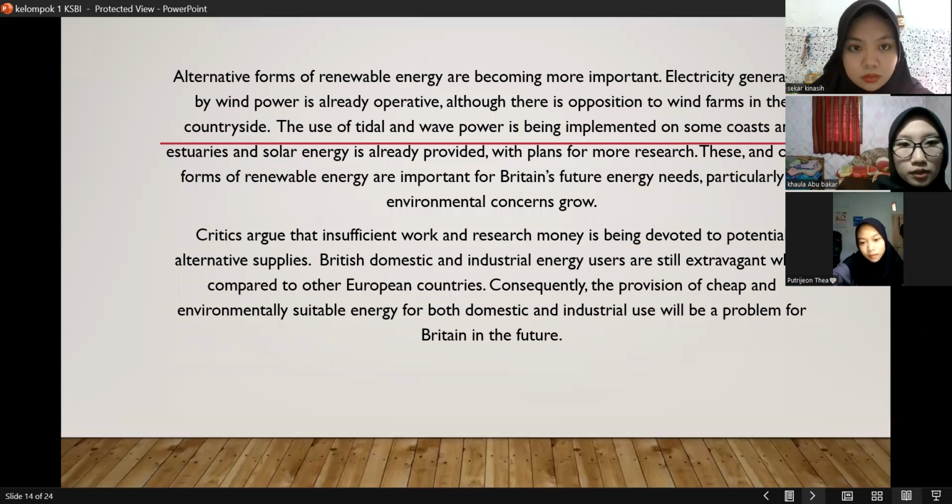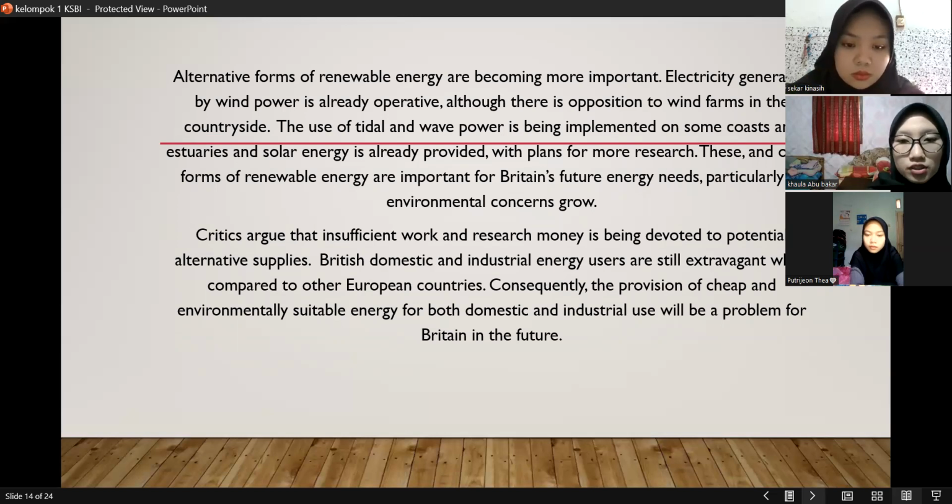Alternative forms of renewable energy are becoming more important. Electricity generated by wind is already in operation, although there is opposition to wind farms in certain sites. The use of tidal and wave power is being implemented on some coasts and estuaries, and solar energy is already in use. With plans for more research, this and other forms of renewable energy are important for Britain's future energy needs,